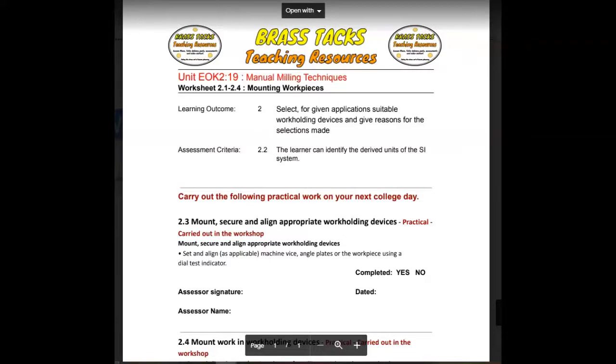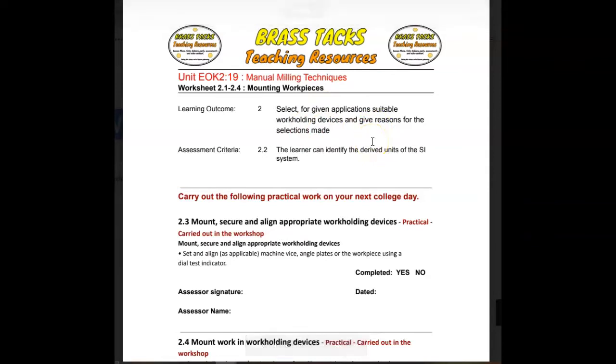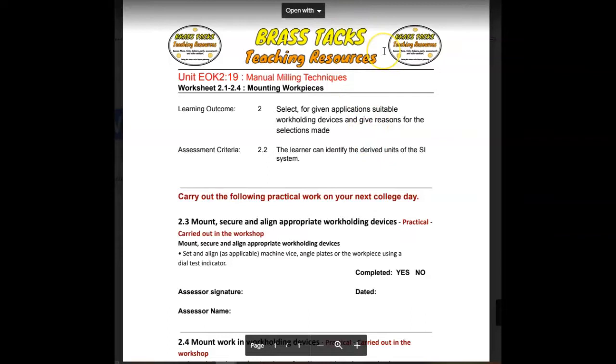Right, so this is just to show you how to use an online app to basically do written work in a PDF. Now this is a PDF and it's a copy of the practical sheet that I sent out earlier today. Now you're going to want to annotate this. So at the moment you click on this button at the top